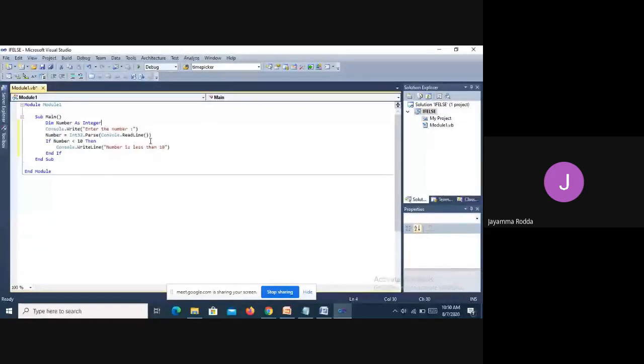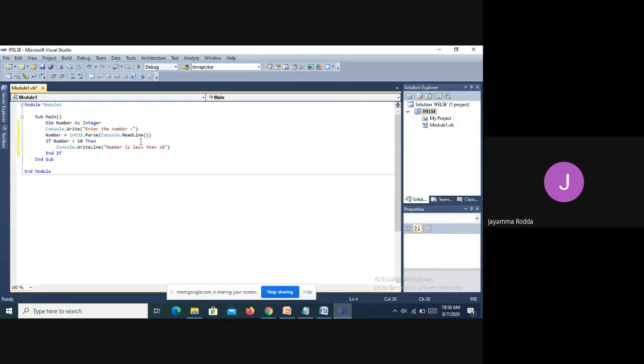But since it is a string method, it should be converted into integer form, because number is an integer data type. So the data received from the keyboard will be converted into integer format with Int32.Parse.